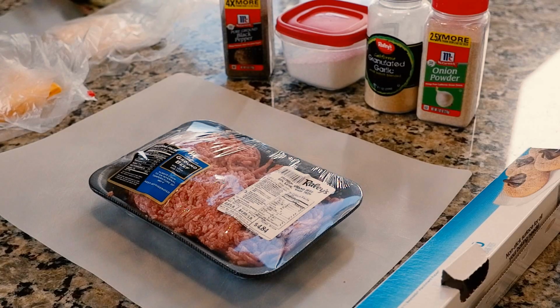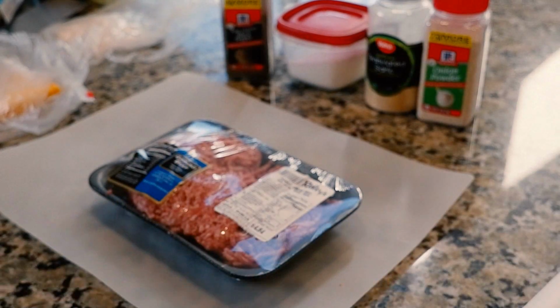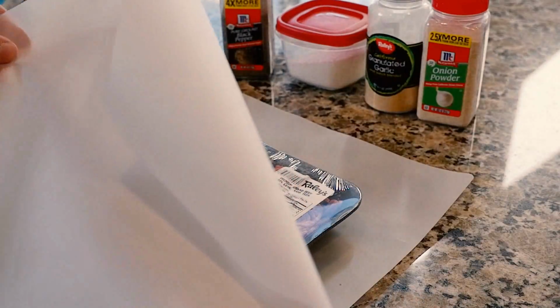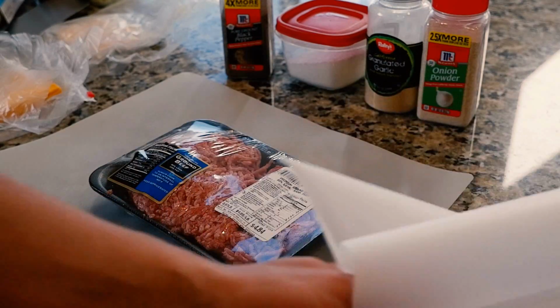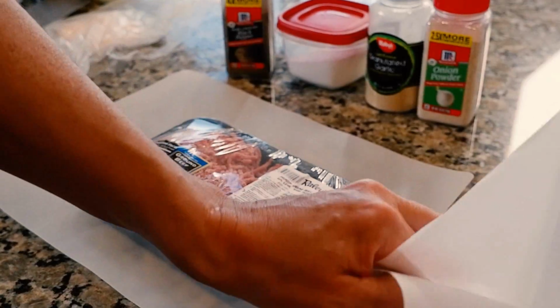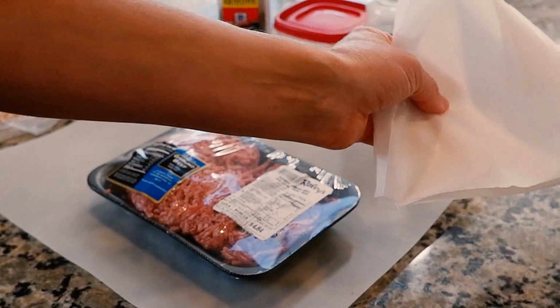So let's get started. First thing we want to do is cut up a piece of parchment paper. So I'm going to be making two burgers, two double cheeseburgers. So I'm going to need 4 pieces of parchment paper. The more square they are, the better. Basically, this is going to allow us to smash the balls of meat into a nice flat